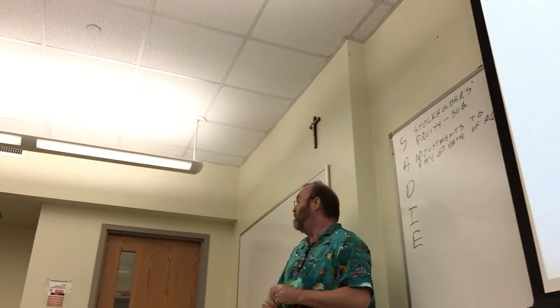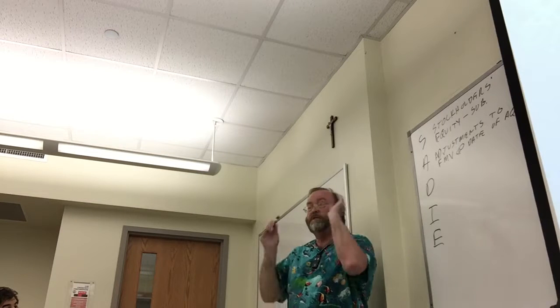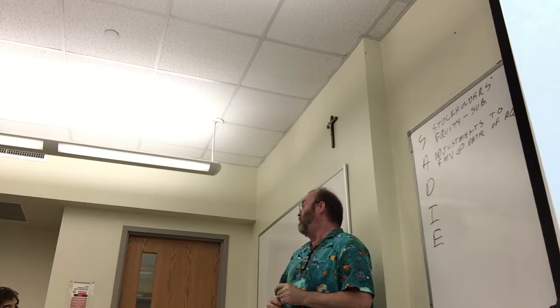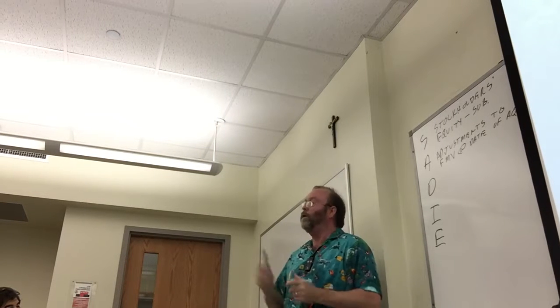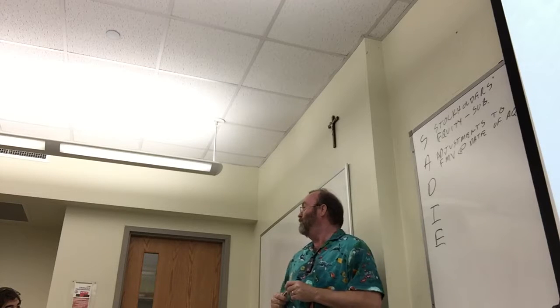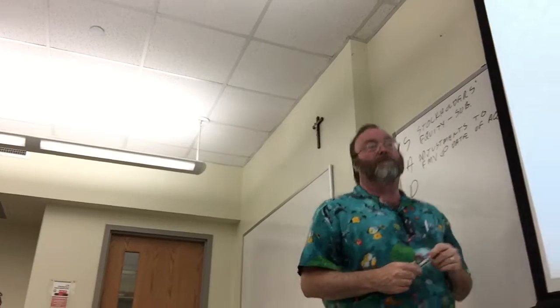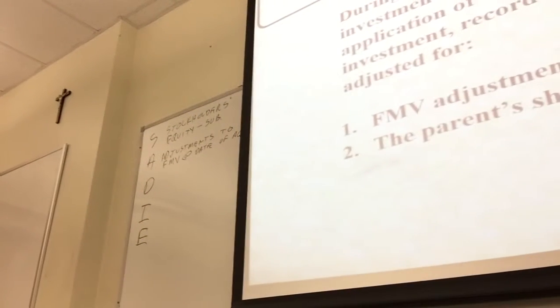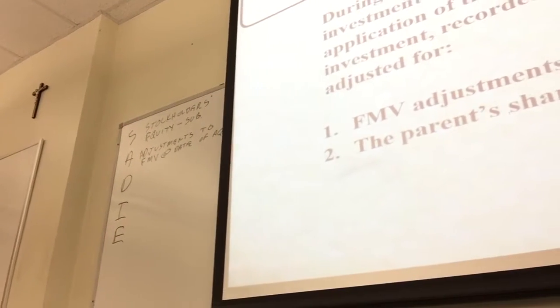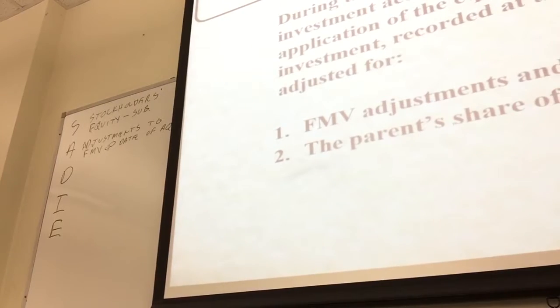All right? You've been doing those two entries since day one. Well, since last week. You've been doing those two entries. All right? So now we're going to put in the rest of them. So the fair market value adjustments to that entry